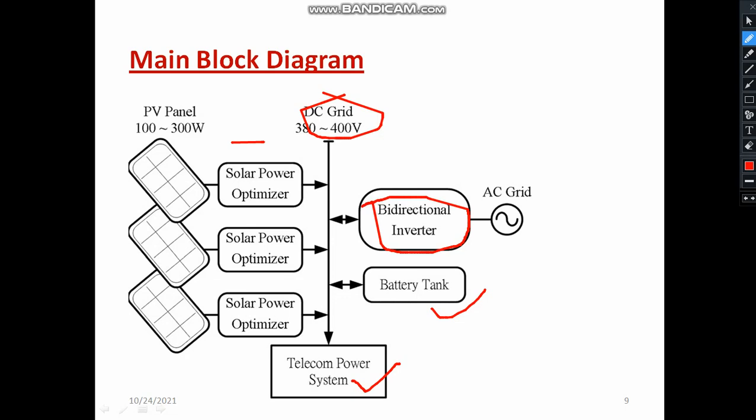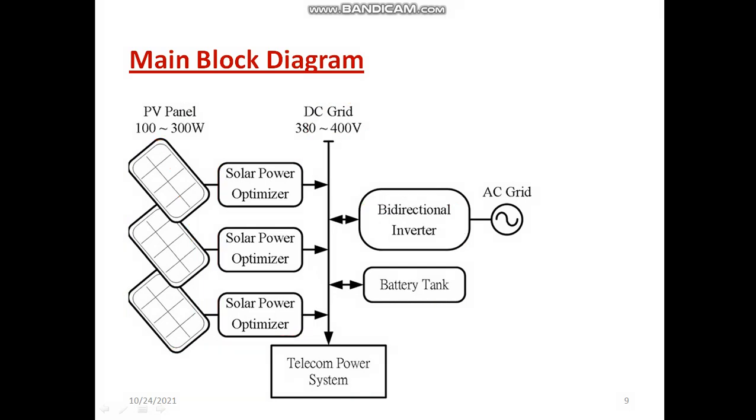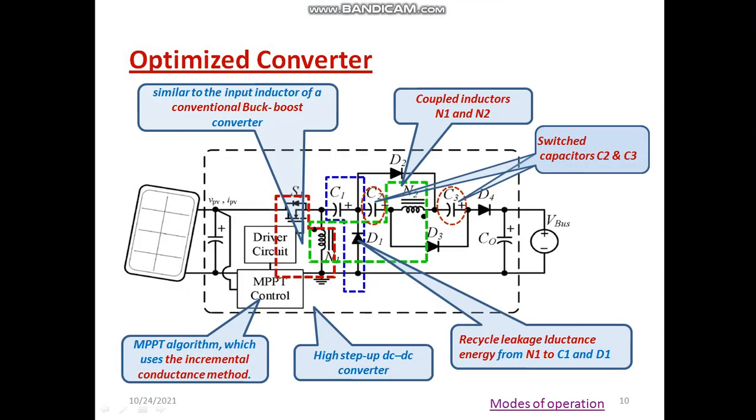In this project, what I did is I designed the PV system, and I have done the optimization, SPO, that means converter optimization with MPPT optimization, and whatever power is generated from the PV panel is supplied to the DC grid. Only this part I have done. The remaining part, if you want, you can proceed with. That is one of the important projects.